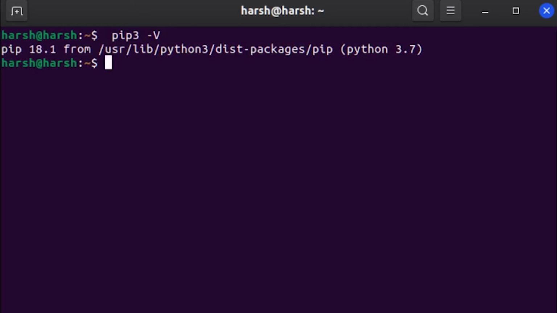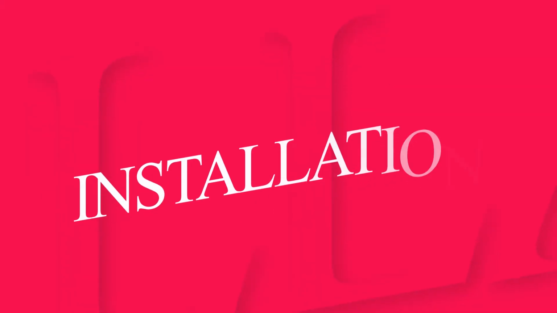Your terminal will show a version. If it is showing a version number, then pip is working fine for you too. If pip is not working fine for you, then there will be links to some videos in the description. Check out those videos and they will help you troubleshoot your pip installation problems.